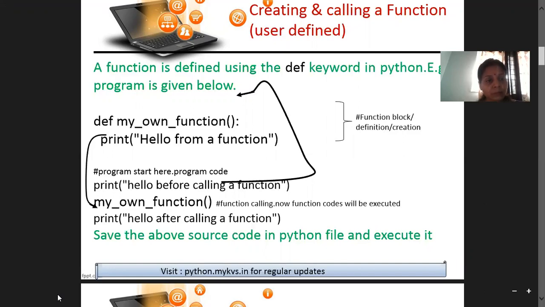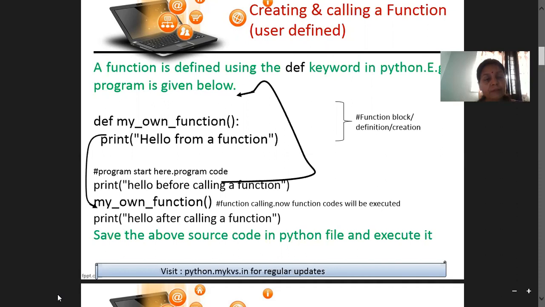Children, what is the meaning of def keyword, and what is this my own function here? Let me explain. Whenever there is a requirement to create user-defined function, we need to use def keyword. This def keyword is used to create user-defined functions in Python.